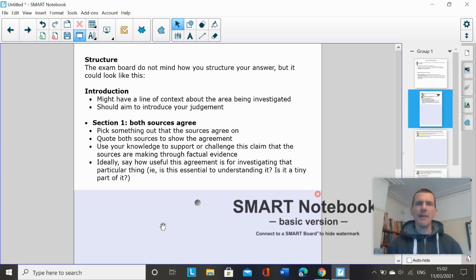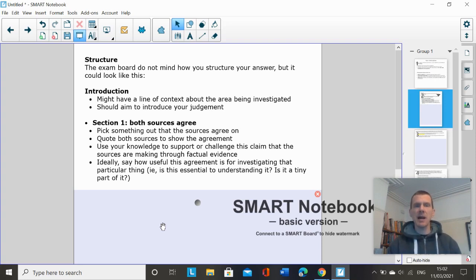Obviously, don't write it quite like that, but that's what you're aiming to do here. Use your knowledge to show that the two sources are right. And of course, if they agree about something, then it adds extra value to it because we're more certain that it's accurate. Ideally, at the end of this paragraph, I'd say at the end of every paragraph you ever write,